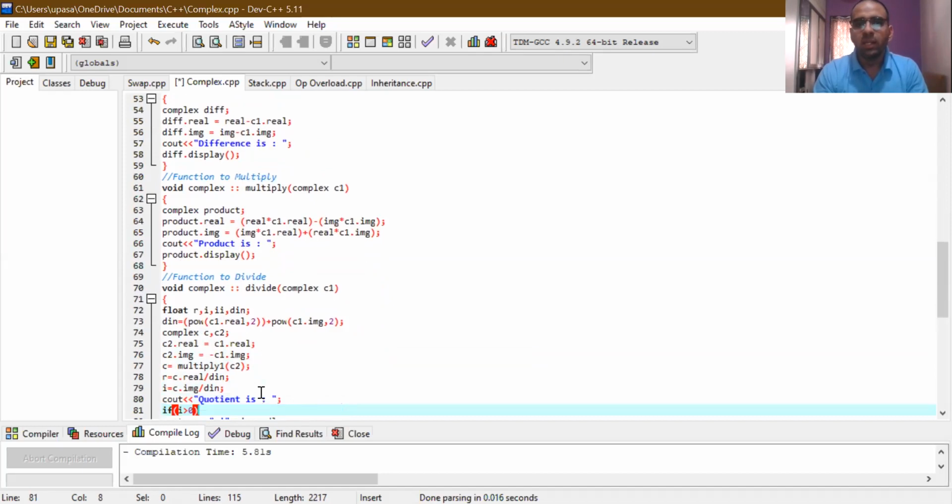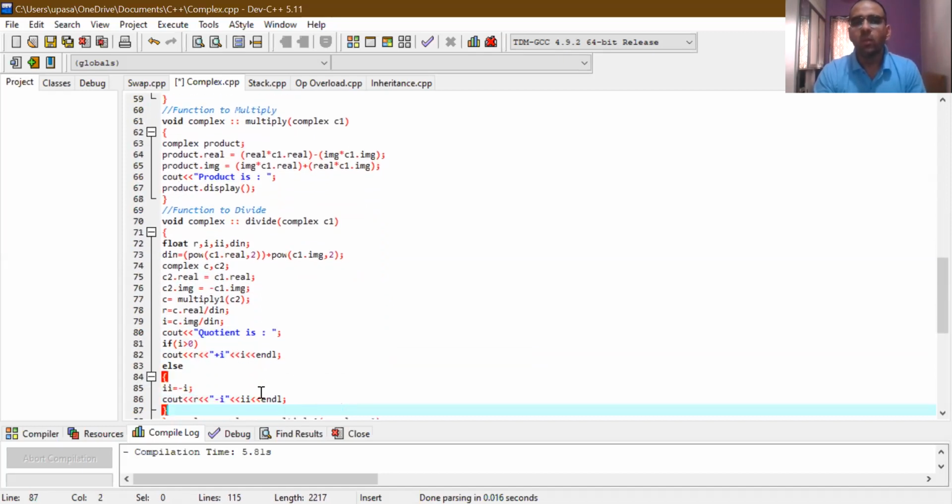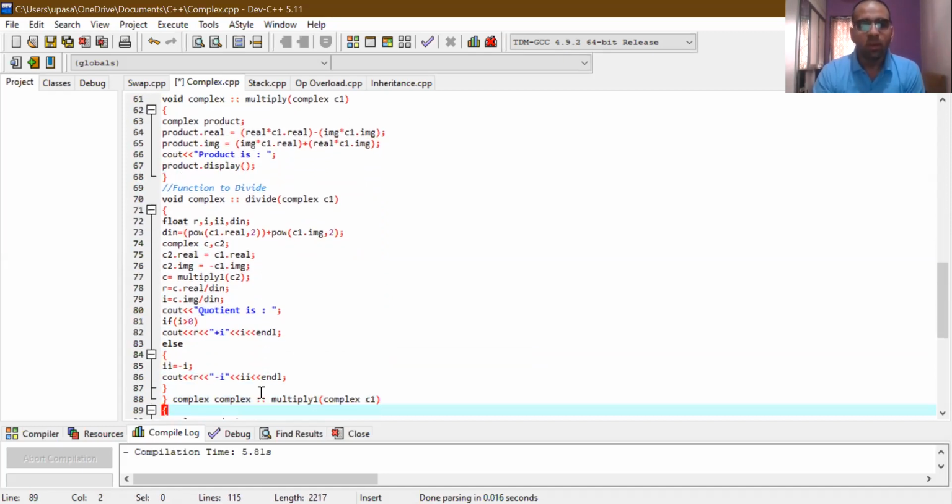Now the divide part is slightly complex, so just pay attention. Here you can see that in this complex divide function we have certain internal variables declared: float r, i, double i, and din. This din stands for the denominator part. Now if you go through the mathematics of complex division, you can't directly divide a complex number by a complex number.